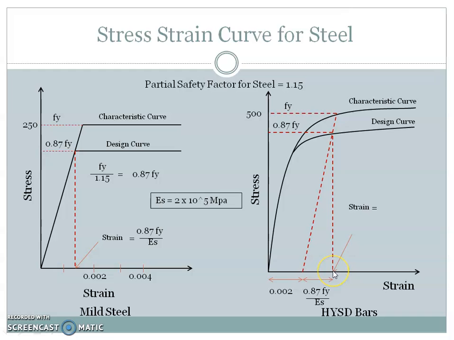So now the strain at this point will be equal to, it's very easy, the total value here, which is equal to 0.002 plus 0.87 Fy upon Es. So it is basically addition of these two values. This is 0.002, plus this is the remaining strain, that is 0.87 Fy upon Es. So finally, in the design problem, we use 0.87 Fy as the strength of steel, and we use this strain for design